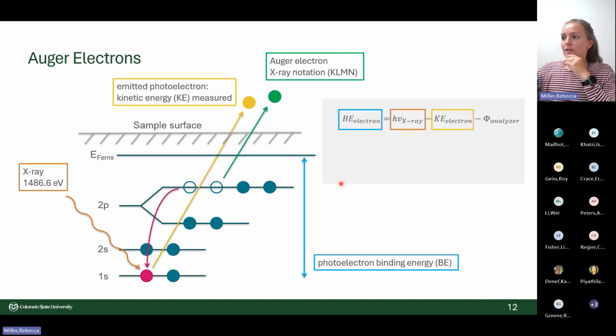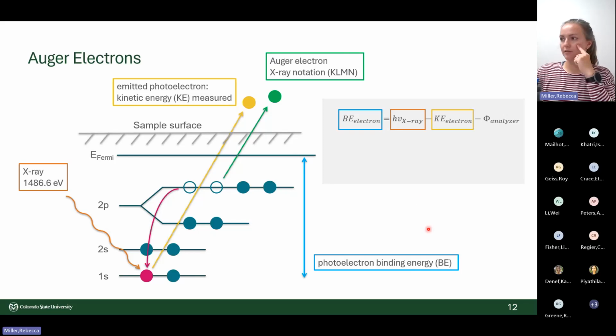All right, so most XPS instruments have the same X-ray source that we do, a monochromated aluminum K-alpha source. However, it is possible to have a different X-ray source for an instrument, or multiple ones on the same instrument. And for different X-ray sources, photoelectron peak energies stay the same in terms of binding energy, no matter the input energy. But the Auger electron peaks shift in terms of binding energy if you have a different